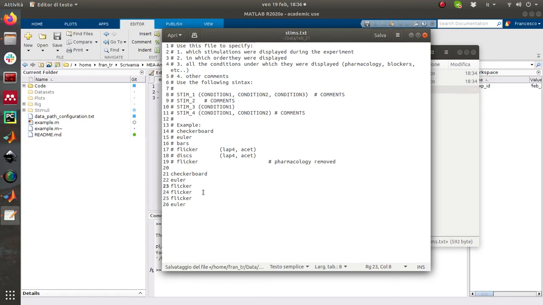Now not only can you specify which stimuli you played, but also under which conditions. So for example, in my case, the second set of flashes was played after the application of pharmacology, and the third one was played after the application of a second type of pharmacology as well. Same thing goes for the last one. And you can also add comments like this. So once you have saved all of these and make sure it's correct, you can close it,